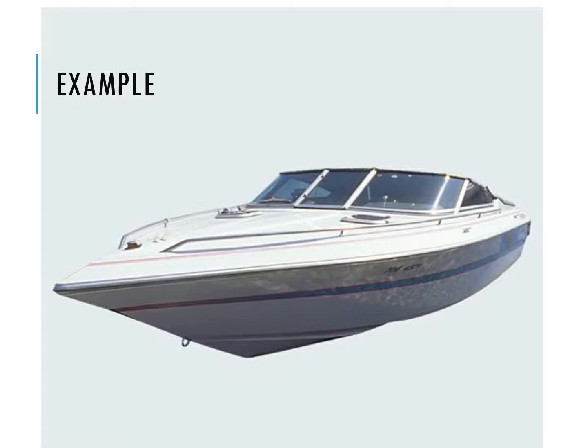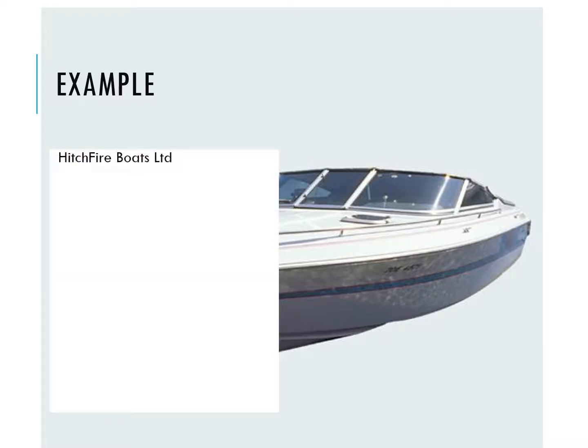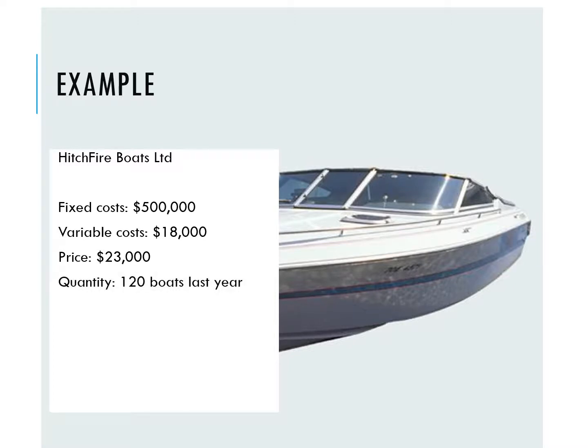So let's have a look at an example with these beautiful luxury powerboats sold by a company called Hitchfire Boats Limited. Now for this business, the fixed costs are 500,000. Variable cost is 18,000 per boat, and I sell them normally for 23,000. Last year I sold 120 boats, so what would be my profit? Well, I get 5,000 contribution per boat times 120, that's 600,000 minus the fixed costs, gives me a profit of